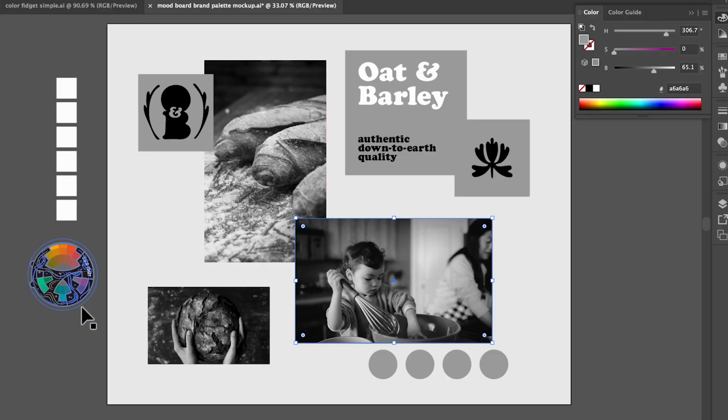I want you to follow along with me on the computer. I've got my little Color Fidget graphic down here, but I want to make something very clear. I'm not going to eyedropper it. I'm not going to grab colors from it and use those from my palette, because the colors on here are just supposed to represent for us hue and character